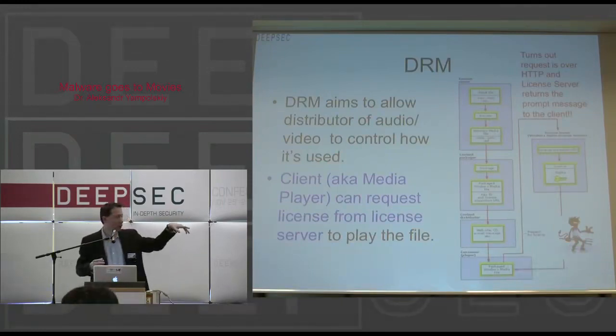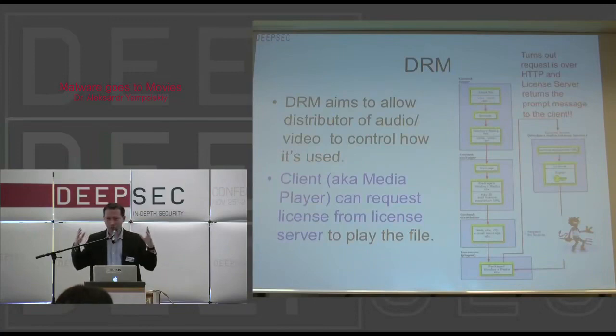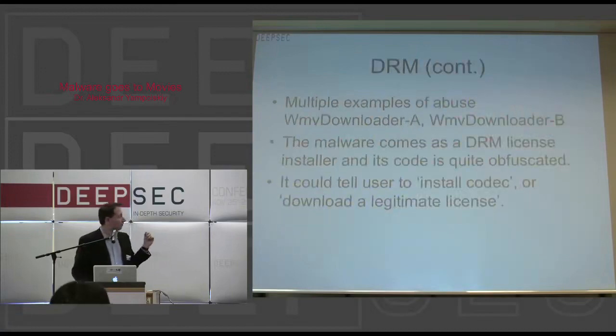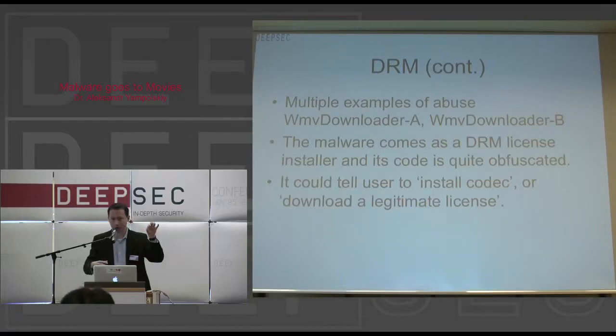And there's no authentication happening between the media player and the licensing server. So there's no authentication, so you could set up your own web server and point the URL to go to your web server, and the web server is going to return to you HTML, and that HTML is going to be displayed on a user's computer without any question. So that's the attack scenario. The basic way it's going to work is an attacker is going to set up a web server, and the web server is going to return malicious HTML, and there's going to be a DRM marker in the video. You click on a video, and the player is going to contact the malicious DRM server, and it's going to tell you what HTML to display.